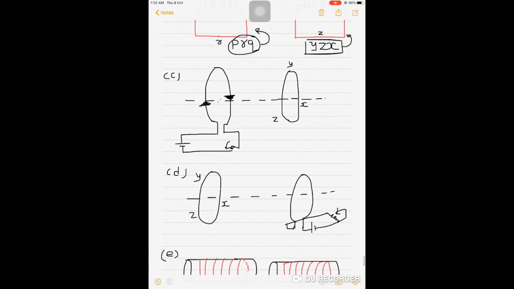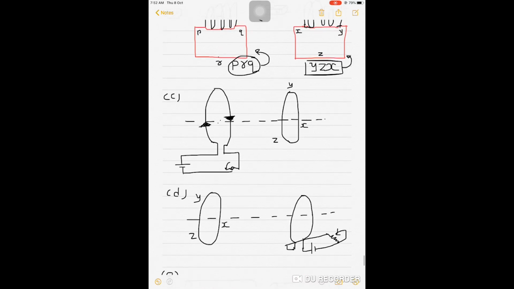Now figure 3, that is figure C. As shown, the circuit of the left loop is completed. Current flows in the direction of the arrows shown. This current develops south polarity on the side of the right loop, and the induced current should flow clockwise when seen from the left part in the right loop, so as to oppose the growth of current in the left loop, and hence the induced current flows along YZX. So the current will be like YZX.